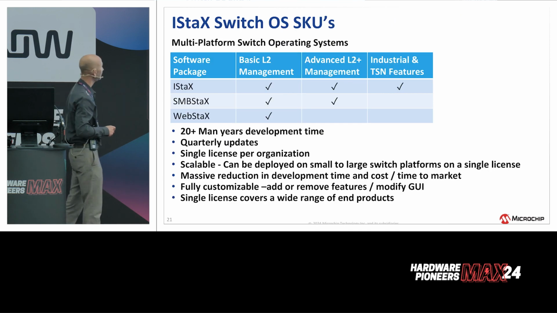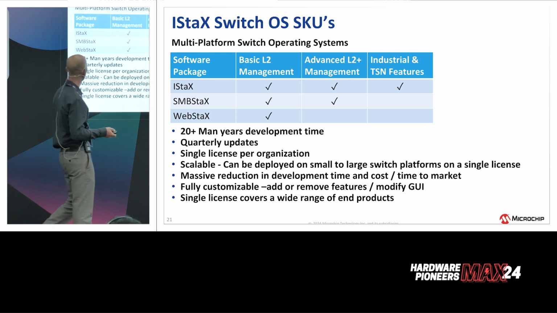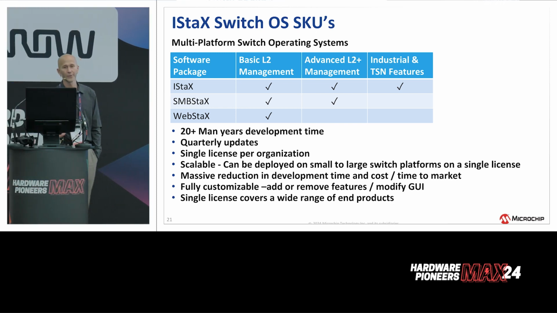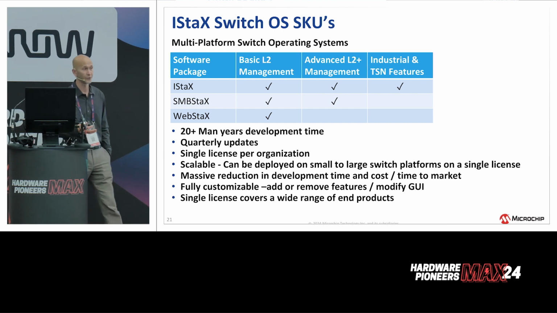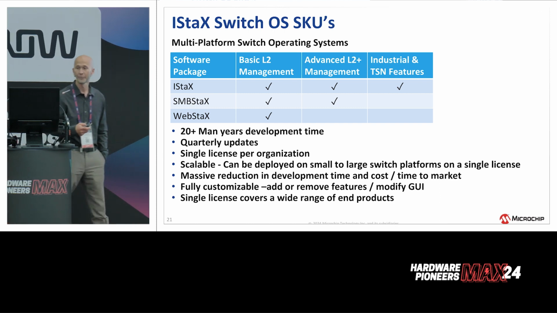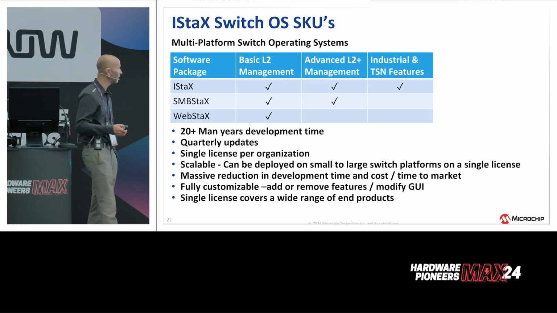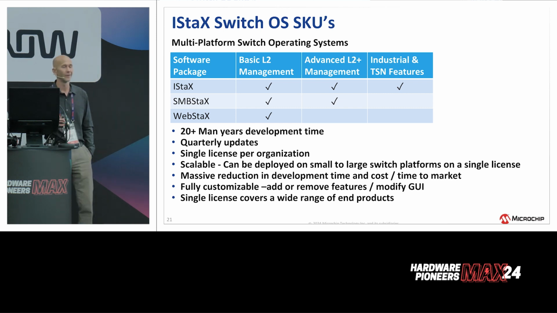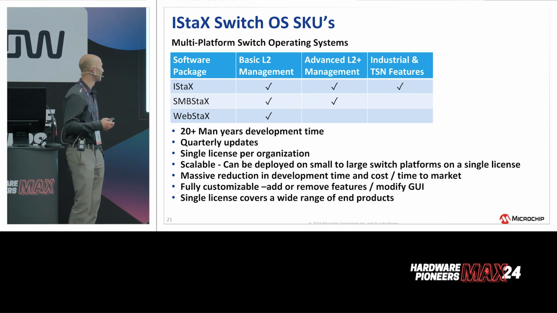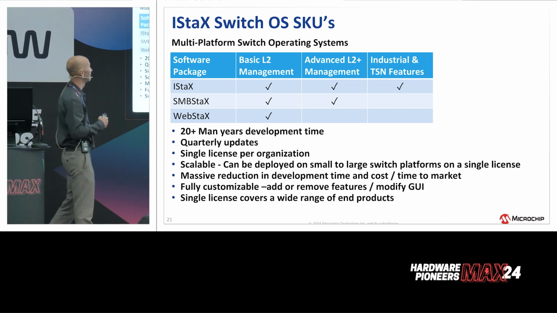So to design the software, we have got 3 software stacks. I'll start at the bottom of this table. We've got web stacks, which allows for basic level 2 management, so things like the VLANs. We've got SMB stacks, which allows for that basic level 2 management, but also advanced level 2 plus management. Now, I'll be honest, Richard would know what the features are of those. Unfortunately, I don't. And then we have the iStacks, which gives you the industrial and TSN features, which is really